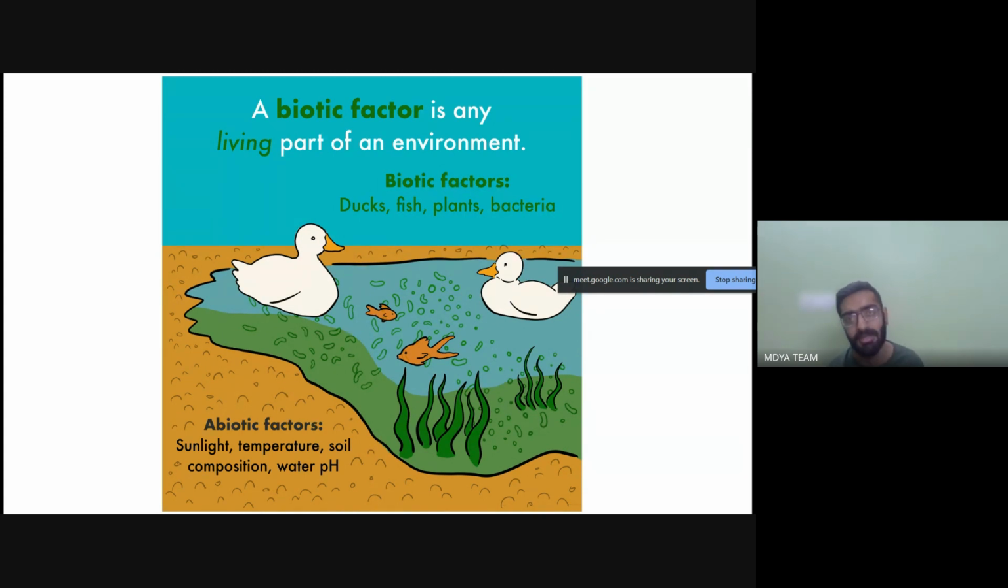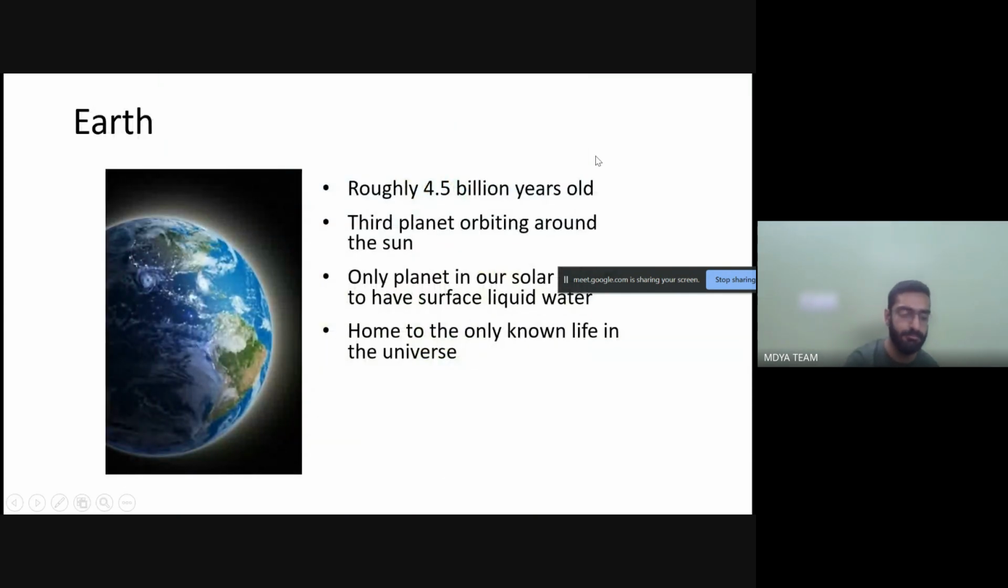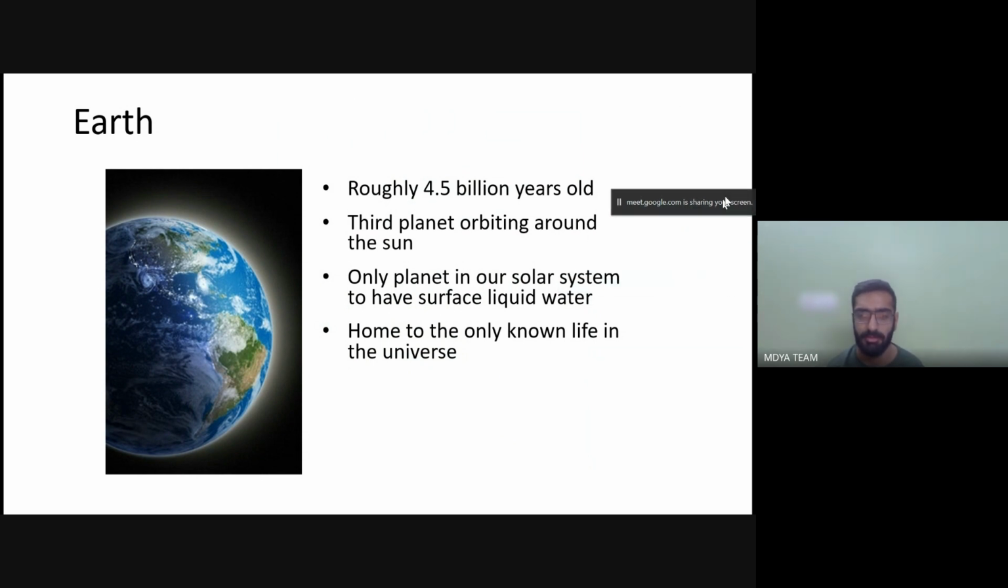Okay. Next comes about the Earth. So just some basic information, need not remember it. Earth is roughly around 4 to 5 billion years old. It's the third planet after the Sun. It comes at the third position, orbiting around the Sun. Okay, Sun is at the center. The third circle is the third orbit in which the name of the planet which is orbiting around the Sun